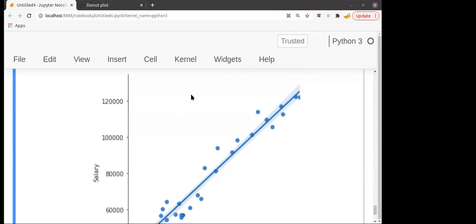Okay, I got one question in the chat box. Which graphical plot is giving more accurate results? See, accuracy is not the part of any kind of graph there. Remember, it depends upon the kind of data and the kind of insight that you want. There is no accuracy concept. If you are going to use this data, the bar plot is also accurate, the pie plot is also accurate, but it depends what output you expect from that. Accuracy is not the part. You cannot identify the accuracy of any kind of plot.